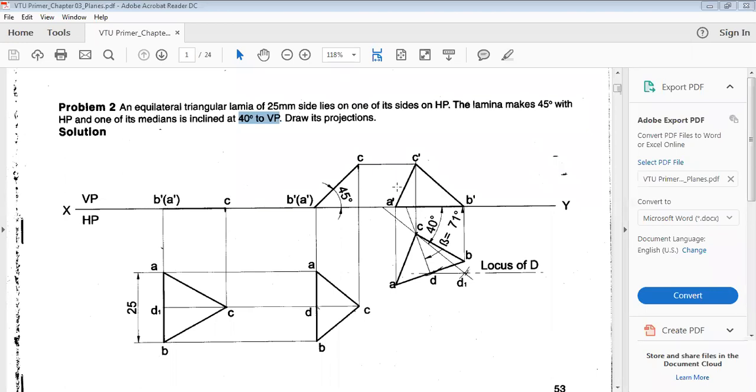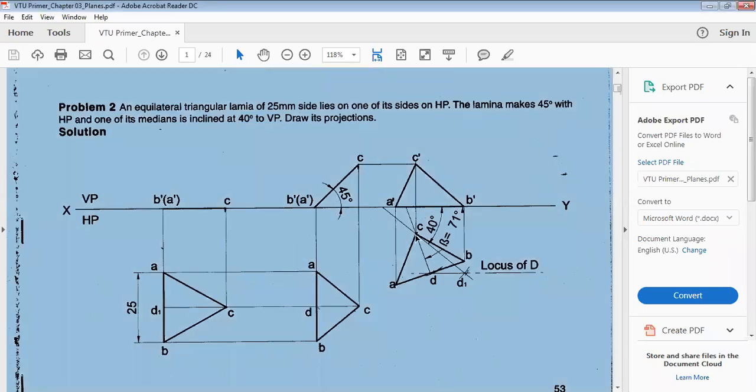Once it is identified as a beta angle problem, then the procedure is very simple. You can make a note of it. First, this median I'll name D1. The apparent view, since it is going to be foreshortened, I'll name D. I'll draw the given angle with respect to VP. On the same point, I will measure D1 and C and cut the arc. Then I'll draw a locus line of that point. After that, I'll measure the foreshortened distance of the median, keep the same point as a center, and cut the arc on the locus line. I'll join that, place everything, and we'll find the final position.